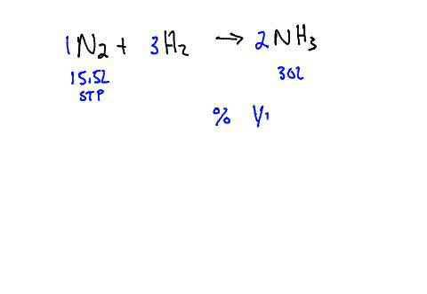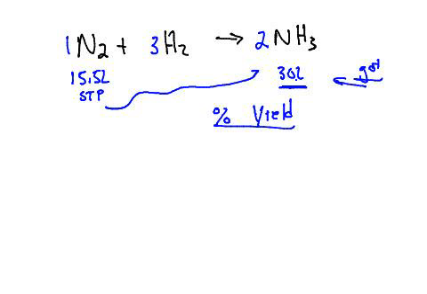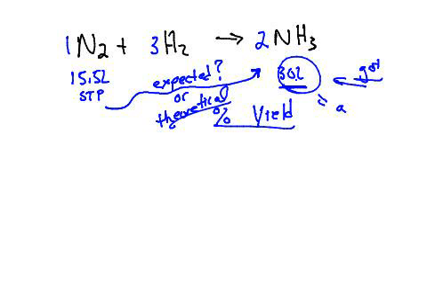Now, notice that it says it made 30 liters of ammonia. That is, if you did this in a laboratory or industrial setting, that's how much stuff you actually got out of the reactor. Now, the stuff you always get out is never the amount that you expect it to be. I don't care how good you are, you will never get a 100% yield. Actually, you might get 120% yield, but that just means you have something unreacted and contaminated, but it will never be perfect. So we're going to call that our actual yield, the 30 liters that we actually produced. So we need to figure out how much is expected. What should we theoretically have gotten? And we're going to do that through stoichiometry.